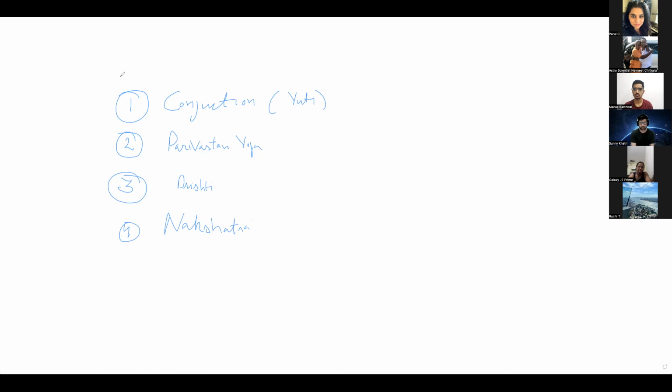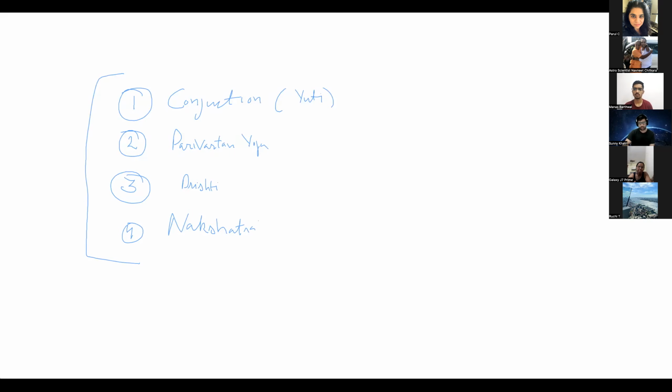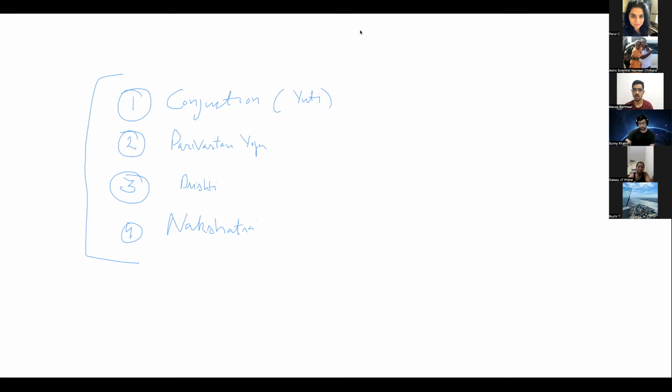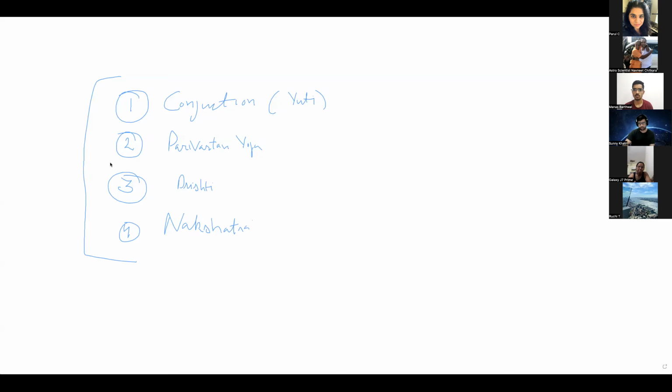Out of these four, ladies and gentlemen, the most powerful yoga in Jyotisha, and it has been clearly explained by Muni Parashara, and you will find it in your horoscope or anybody's horoscope, is the yoga which is known as the Parivartan Yoga. I must tell you this. This is the most powerful yoga. Number one.